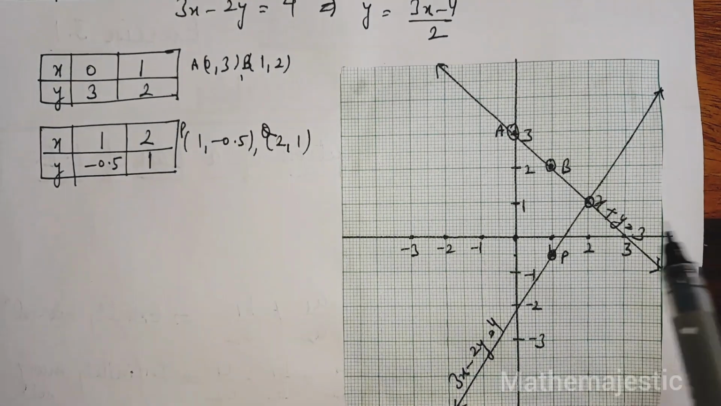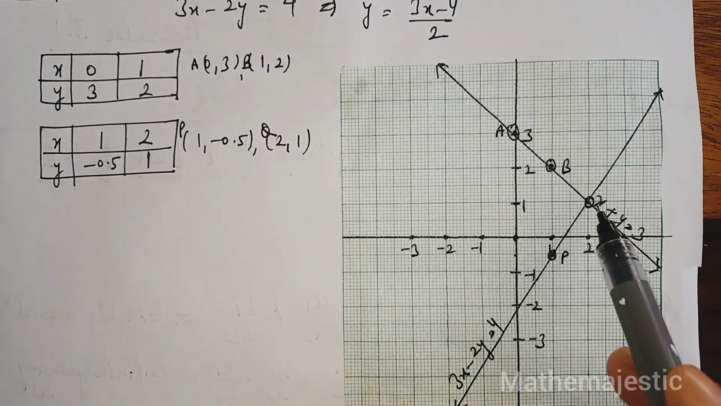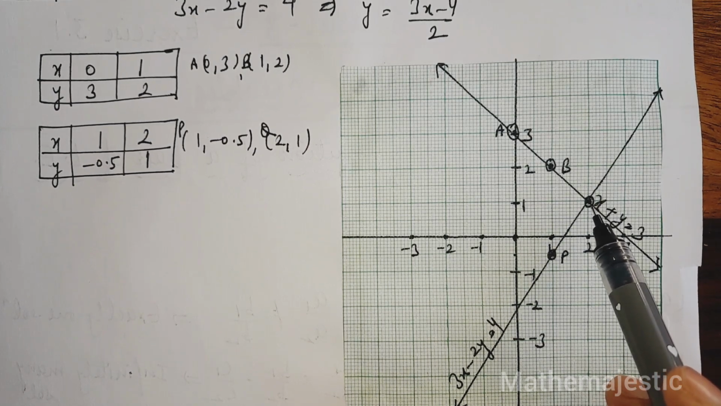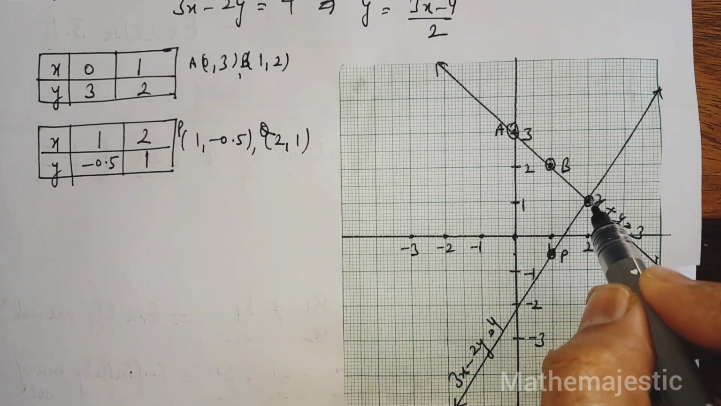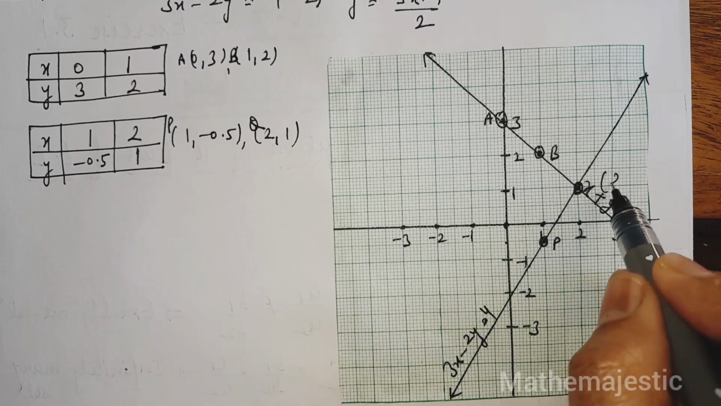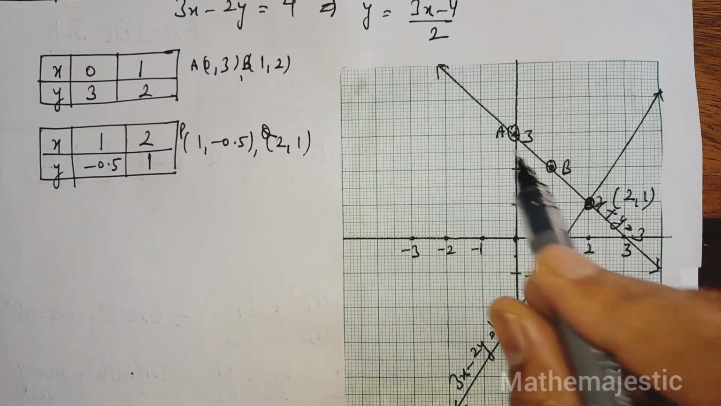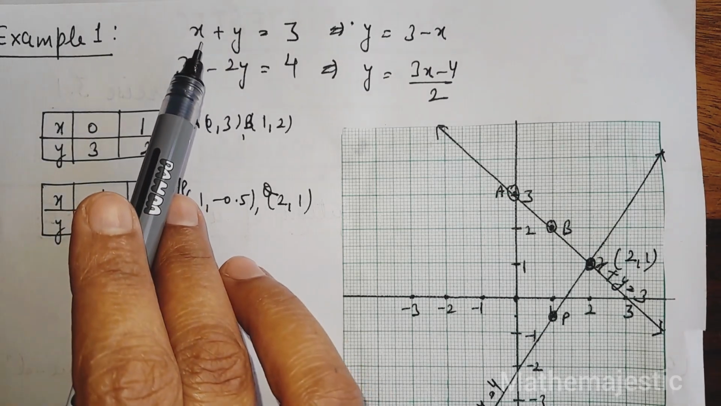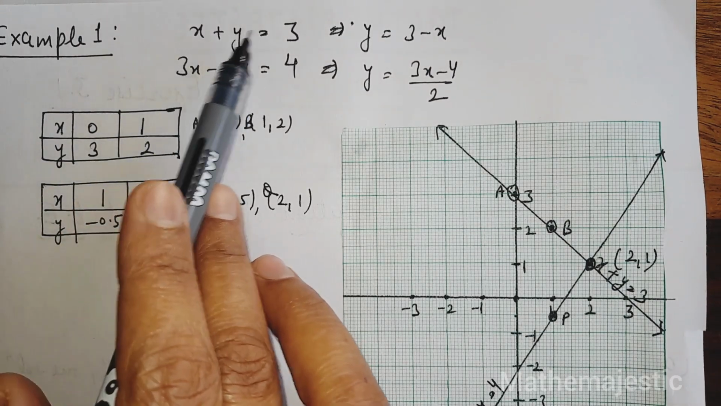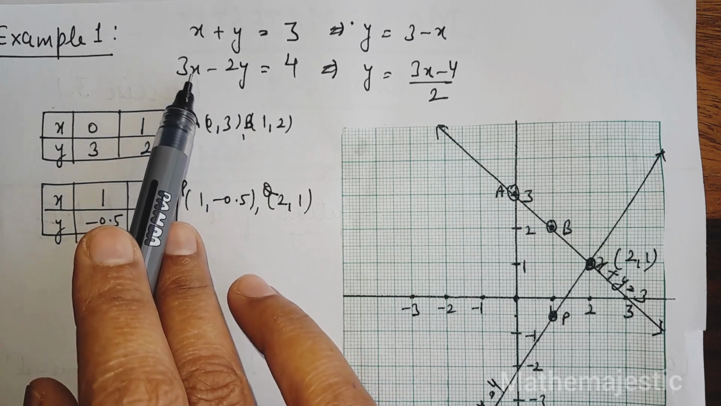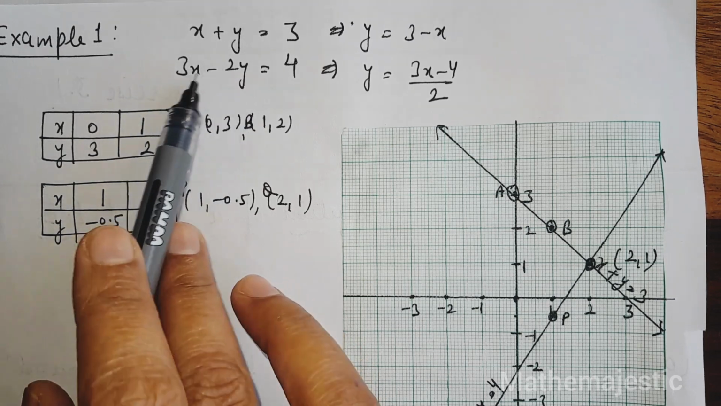Now you can see that the graph of these two linear equations is intersecting at one point. If they are intersecting, that means they will have a unique solution, and this point will be the unique solution. What is the point? x is 2, y is 1. So this point is the solution of the system of linear equations. You can verify it by putting x as 2 and y as 1 in both equations. 2 plus 1 is 3. Here also, verifying x as 2 and y as 1, 3 twos are 6, minus 2 ones are 2, 6 minus 2 will be